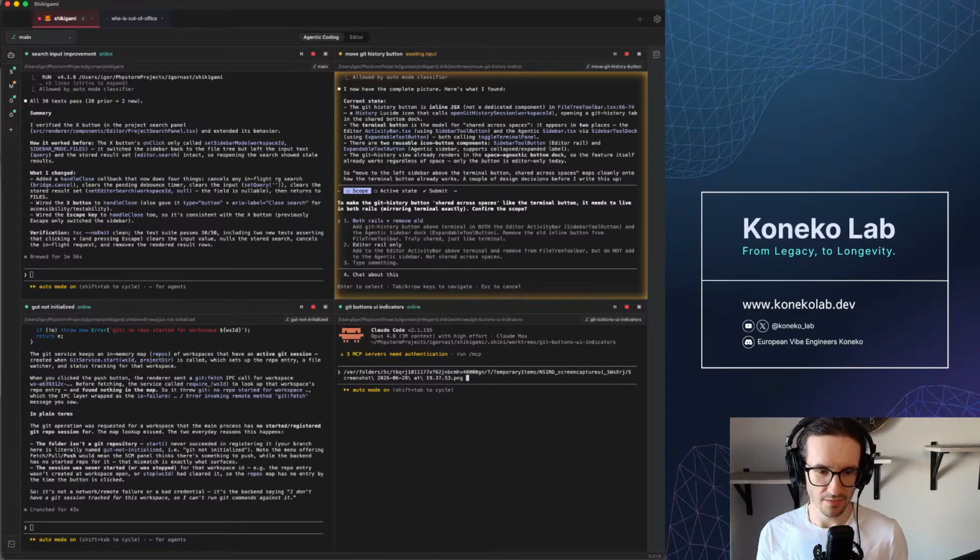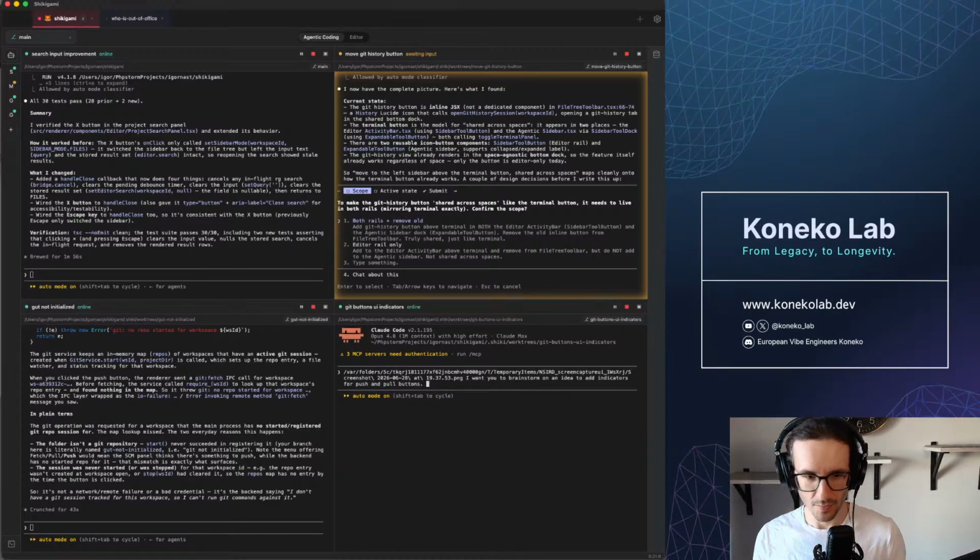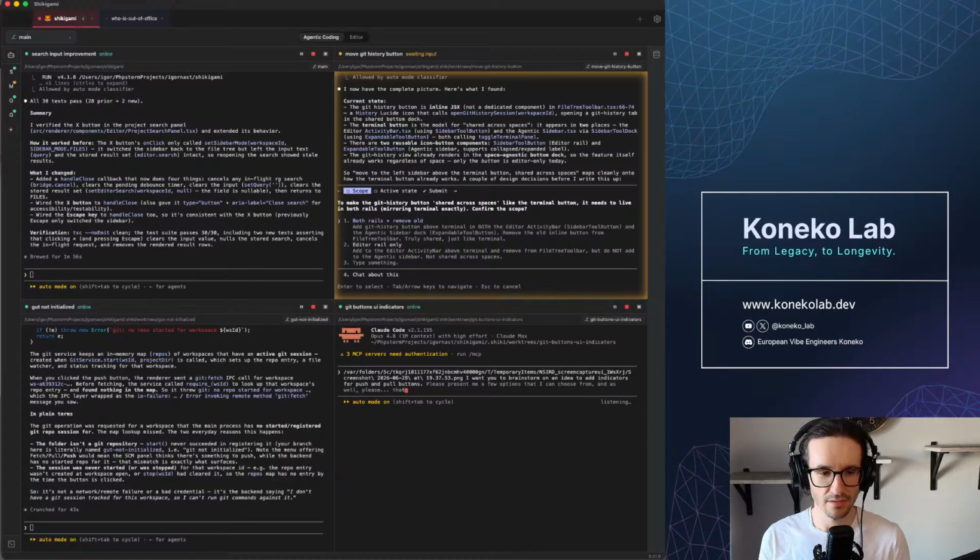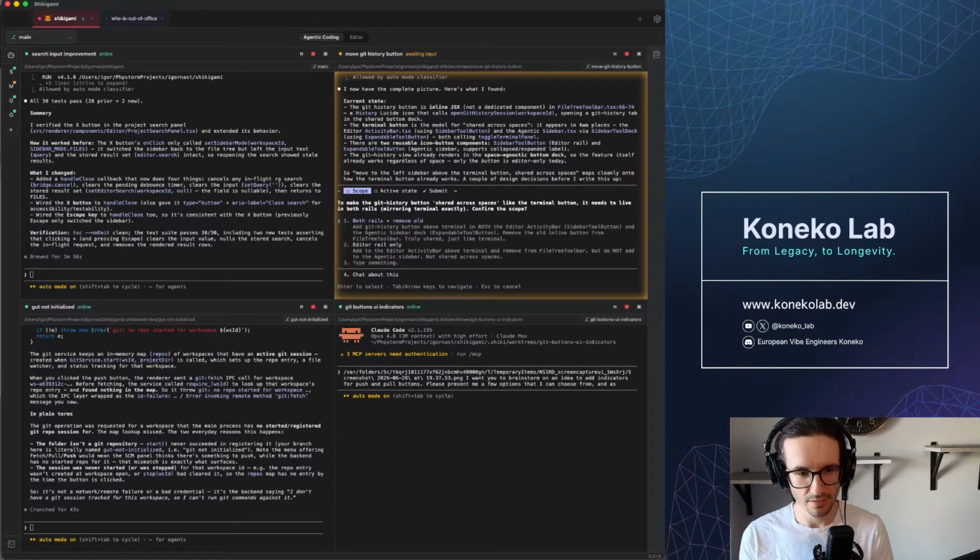So it means I want you to brainstorm on an idea to add indicators for push and pull buttons. Please present me a few options that I can choose from. So the first step will be just to design indicators for buttons for push and pull, and then later we're gonna extend it with